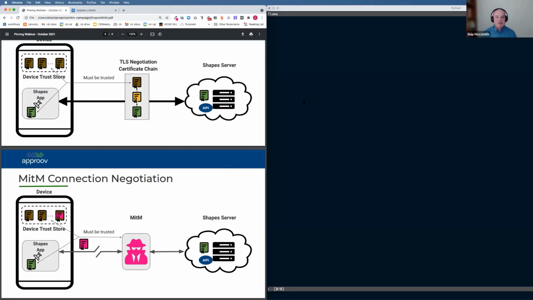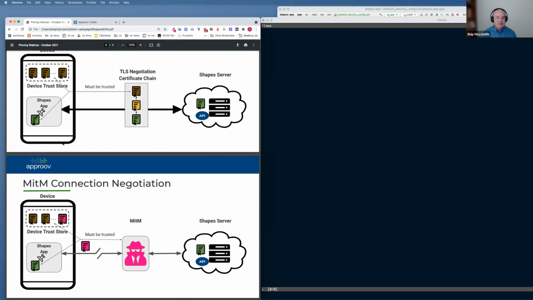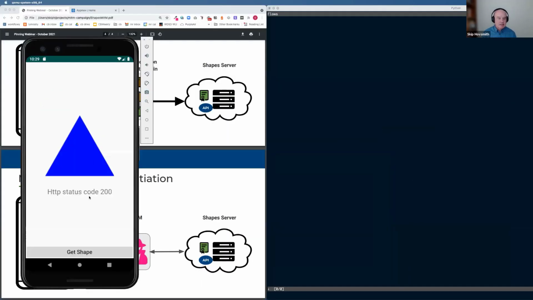So I'm going to start by just demonstrating the basic Shapes app. This is a simple Android app we have running. It's talking to a shape server and it's pulling random shapes out. Well, hopefully they're random. There we go. A few random shapes. So I have my MitM proxy running over here in this large black window, and